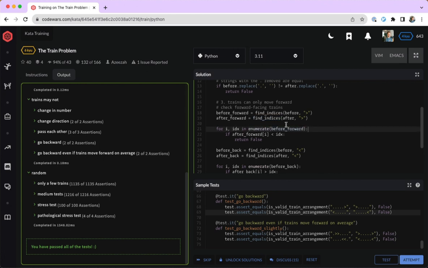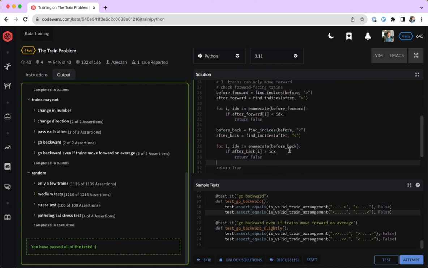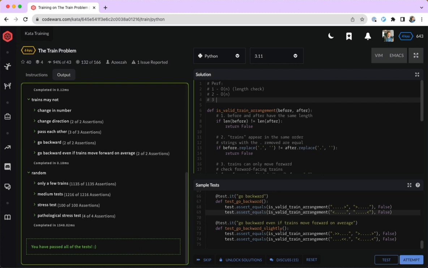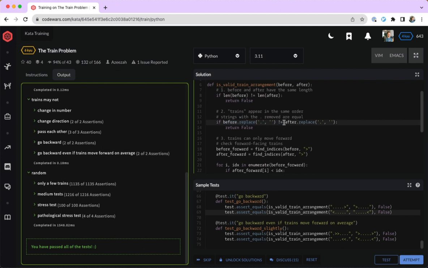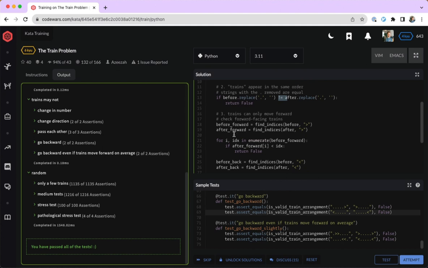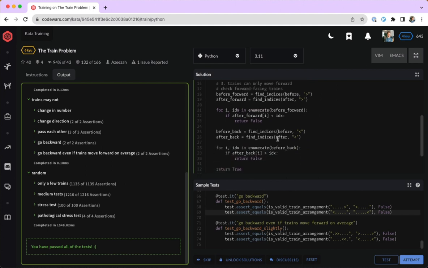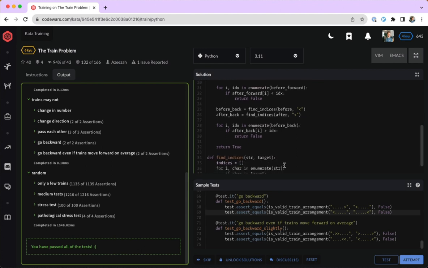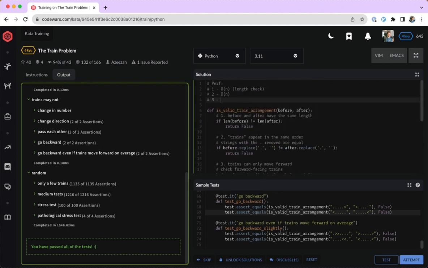Enumerating through these lists of indices, the lists themselves must be less than the length of the string, but they're upper bounded by the length of the string, and so this enumeration is again O of n. So we've got 3 O of n operations here, and another 3 here. If you're just thinking about how fast this is, we have to do 1, 2, 3, 4, 5, 6, 7, 8, 9, 10, 11 n operations,